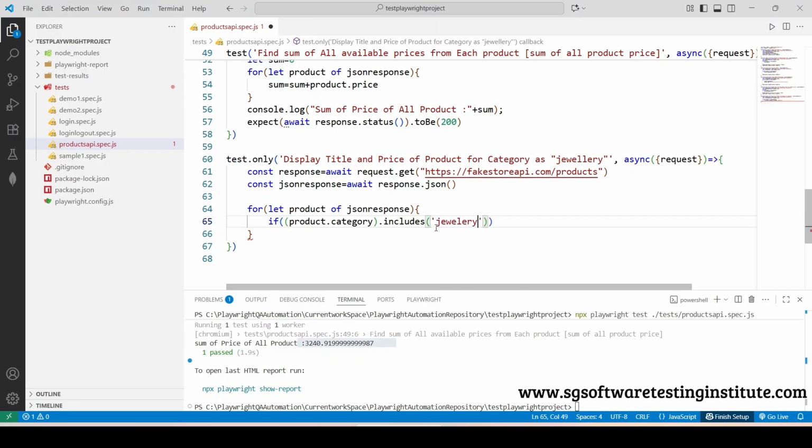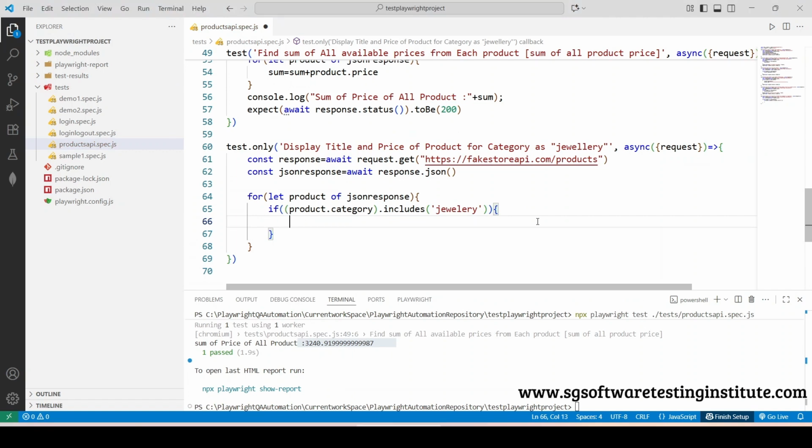If it contains jewelry, then we should display